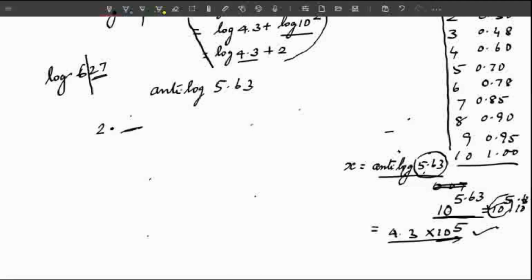That means, what is the decimal, what is the present? Just raise to the power 10 power 0.3, 10 power 5. If the number is